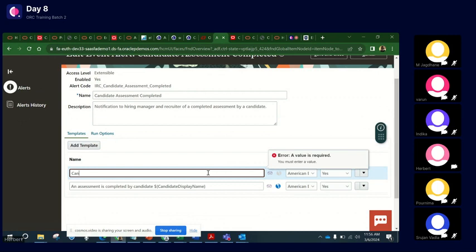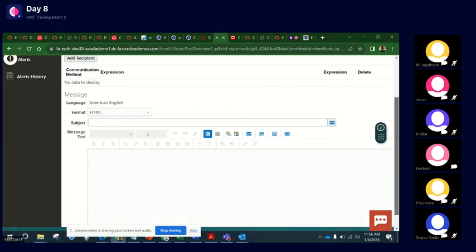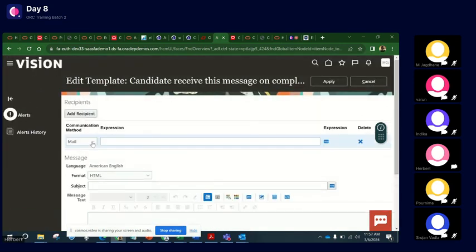Supposing I want the candidate template also, I can put in one more text and make sure the recipient is the name of the candidate. So put this, and if I apply this, now